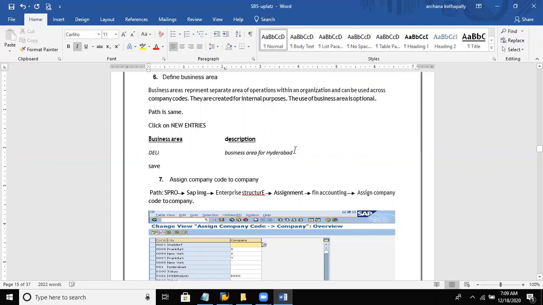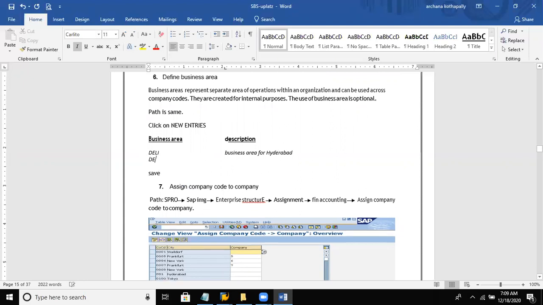We also created another, DEUK, and we said that business area is for UK, right? Whatever codes we are maintaining, we have to update it for that particular code. And yes, we need to update it in our records also to save the data.